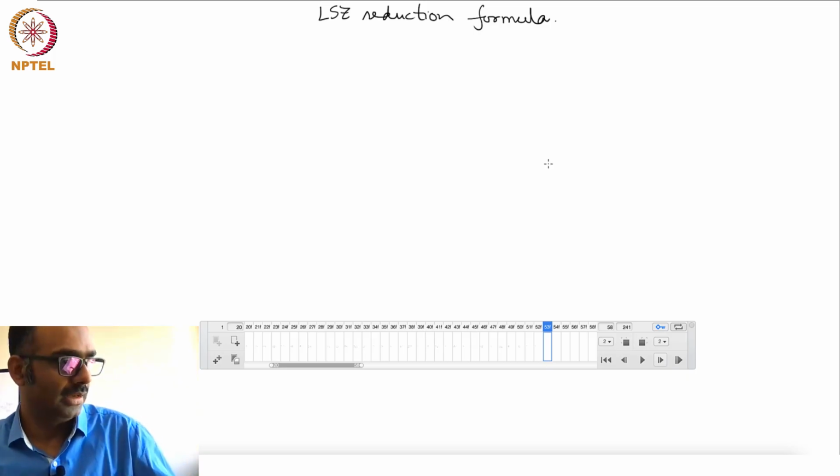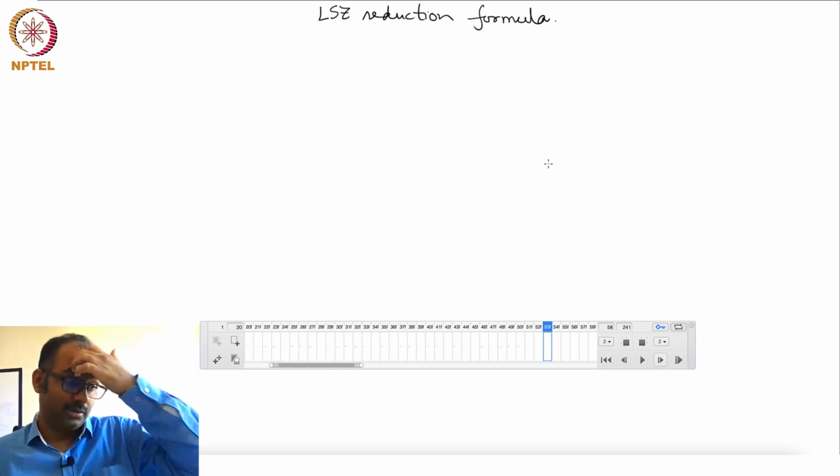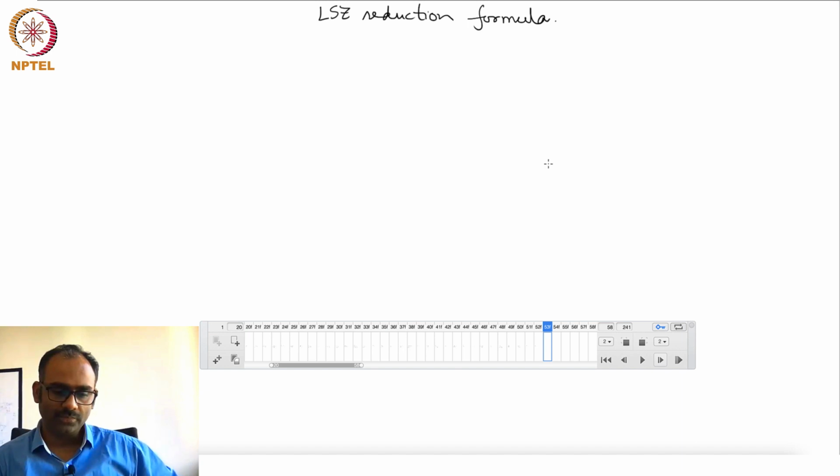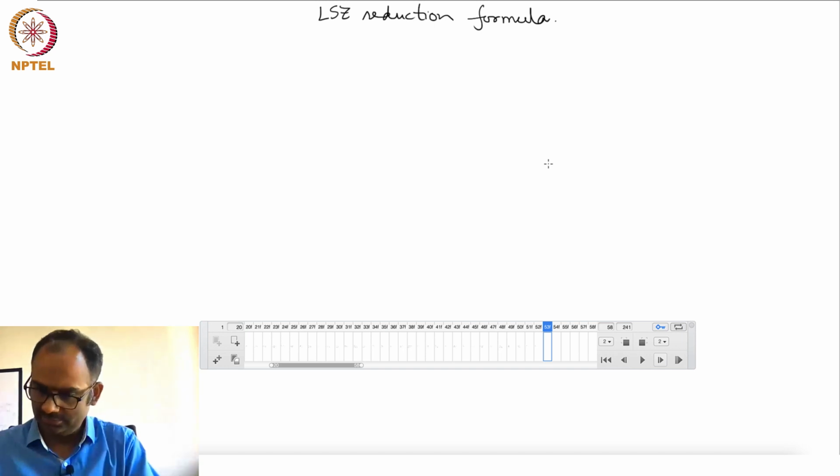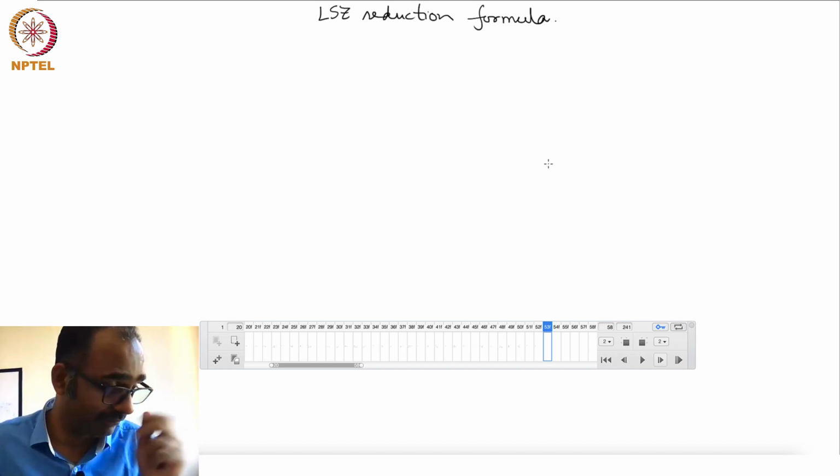Okay, so let's recall what we have been doing so far. Our eventual aim is to describe scattering of particles and tell what happens in future after these particles have interacted. And towards that goal, we have been trying to figure out S matrix elements, which are basically the inner products of in and out states, and we had made significant progress in that direction and found that we can write